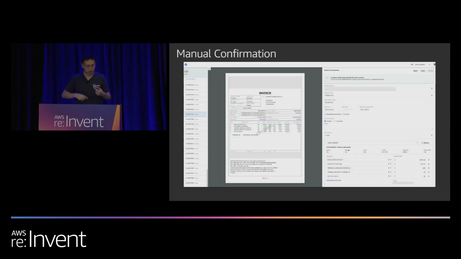Through this whole process, this is the screenshot to show you how we do that. We show the original bill and also the extraction result, so that our operation people are able to provide feedback. This is very critical in our process. We realize that as we grow and continue adding more carriers, this is a very important step to make the whole machine constantly enhance and become more and more accurate.